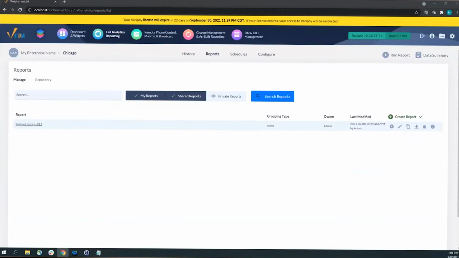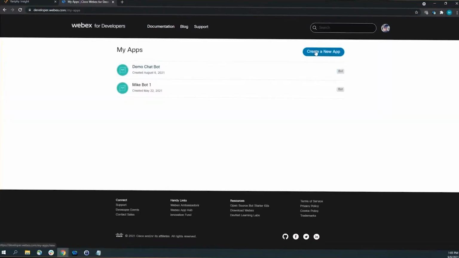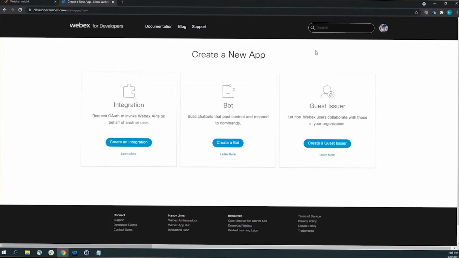So nothing that we do here requires a user or any sort of authentication. WebEx calls that an integration. We're not that high when it comes to security and rights. We're just delivering messages and files. So to create the chatbot, log into developer.webex.com, or https://developer.webex.com. Once you're logged in, click on Start Building Apps, and then click on Create New App,